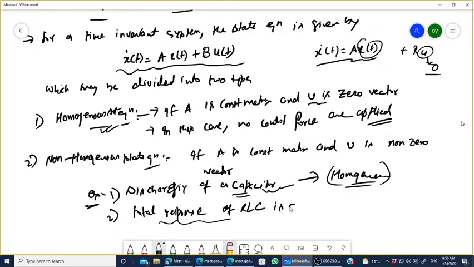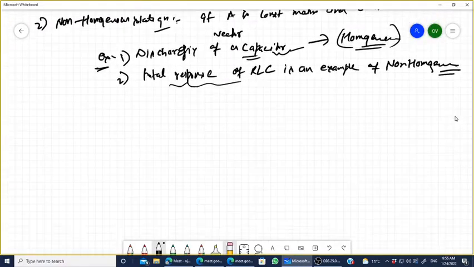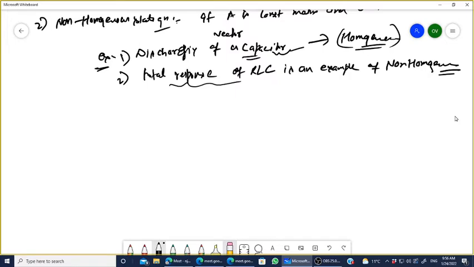That becomes an example of non-homogeneous, right? Homogeneous, right? So the first method, that is a very simple method I am taking, is by using the Laplace transform, solution of homogeneous equation, solution of the homogeneous state equation